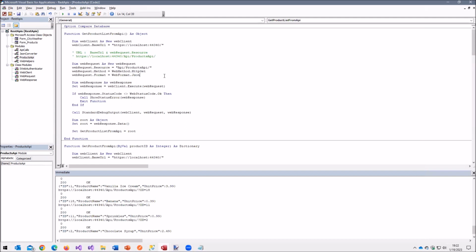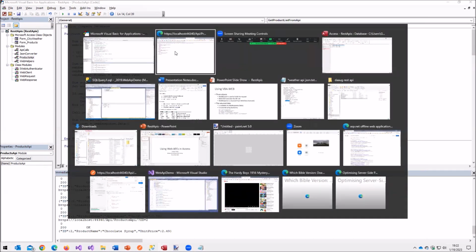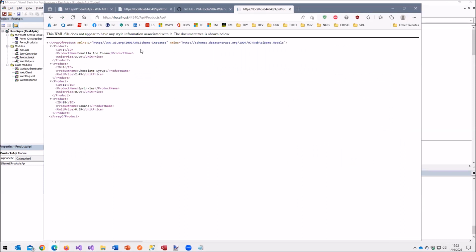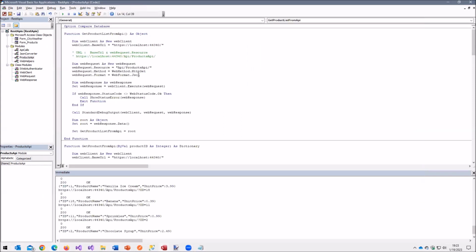And the default must be GET and must be JSON because that's what we see in the browser. I believe so. Although the default, yeah. So in this case, I'm going to show you this web API that I built in Visual Studio. It returns XML by default. In the old .NET Framework, it returned XML by default. In the new one, .NET Core, it returns JSON by default. But I'll show you how to change that. So in this case, we're saying, whatever it is that you want to give me, I only want JSON.